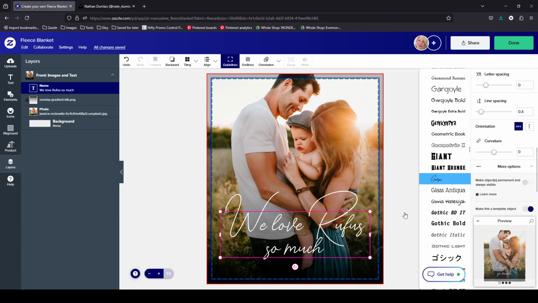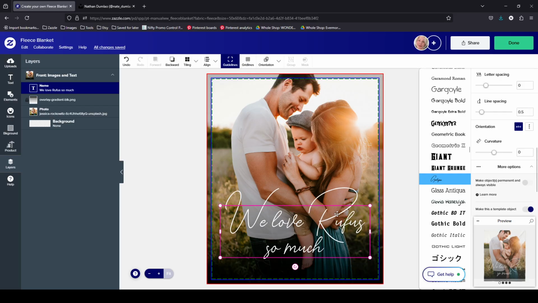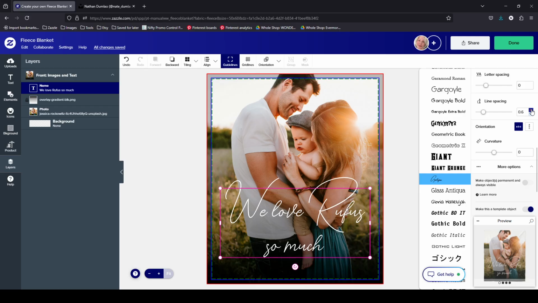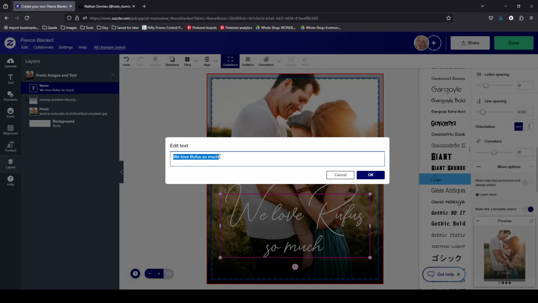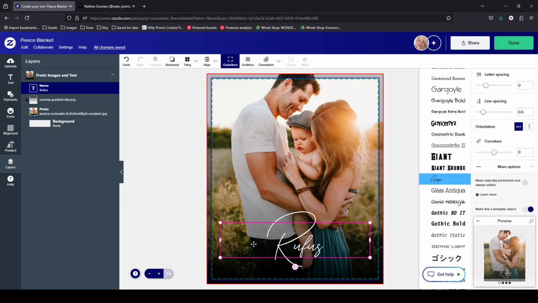So now let's say this is maybe just a little bit too close, so you want to make it bigger so it separates those lines more, and you can do that as much as you want. You can just experiment with it. Even though I am only anticipating a customer putting in a single word that won't go onto a second line, I always test it like I just did, so that if for whatever reason a customer wants to extend it onto two lines, whatever text they put in there,